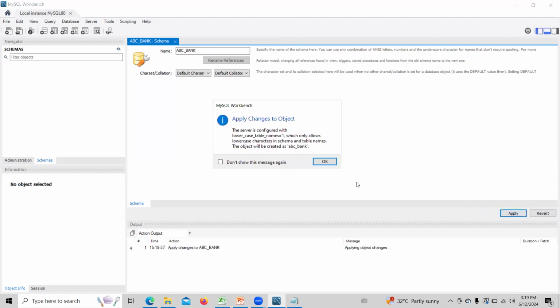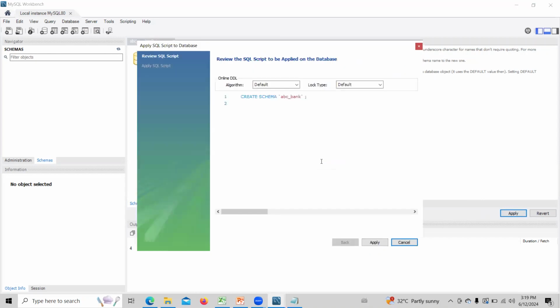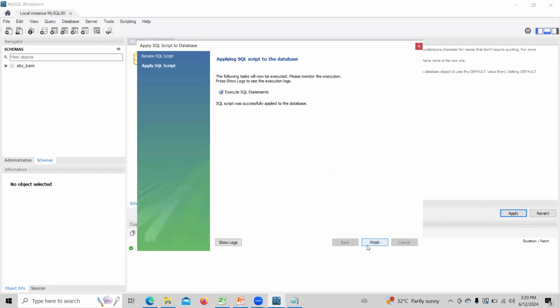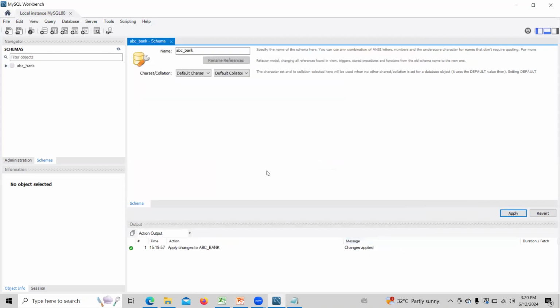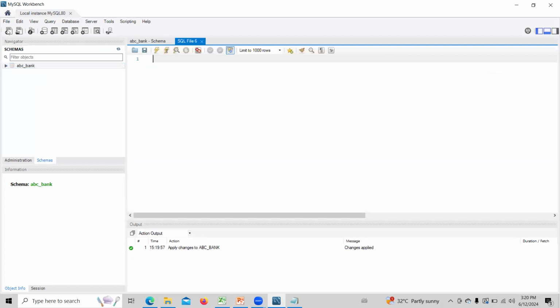And then I can click on the apply button. I can click on OK button, and I can apply, I can finish. So here you can see that the database is now created. This is the one way. The another way is that you can just click over here, the SQL, create a new SQL tab for